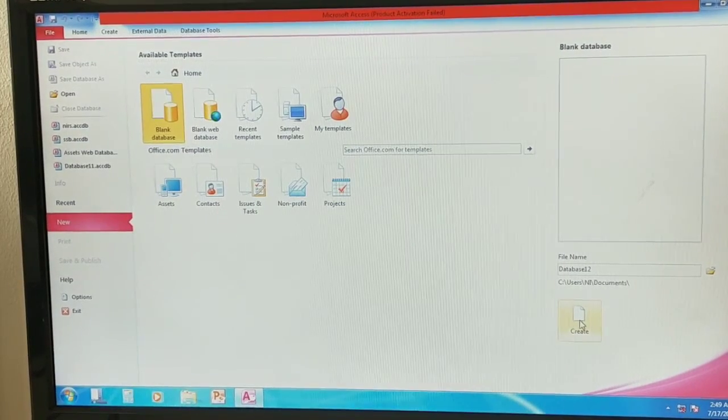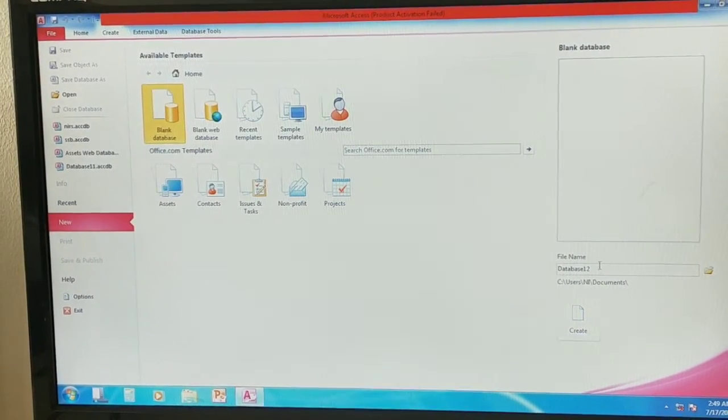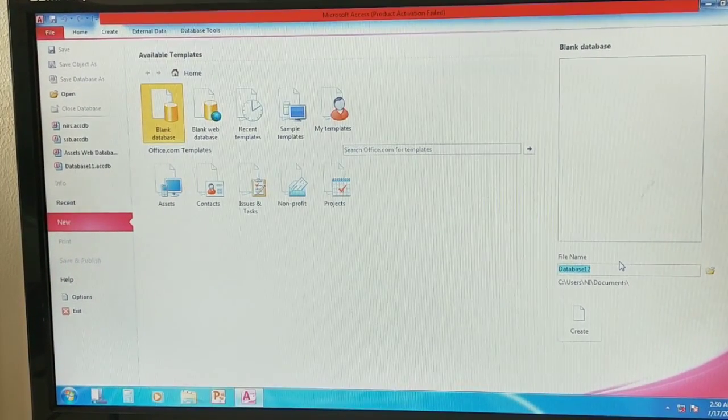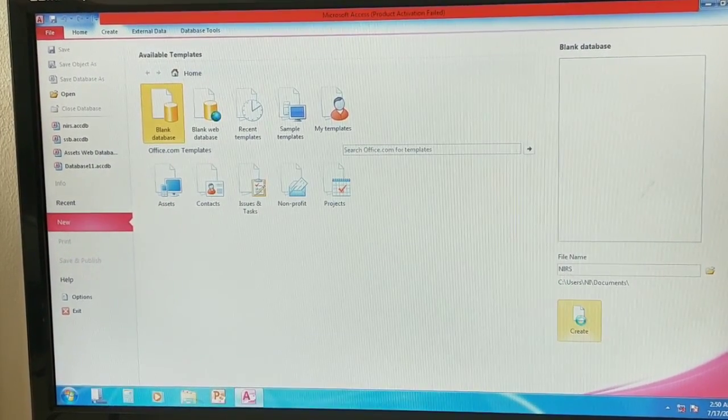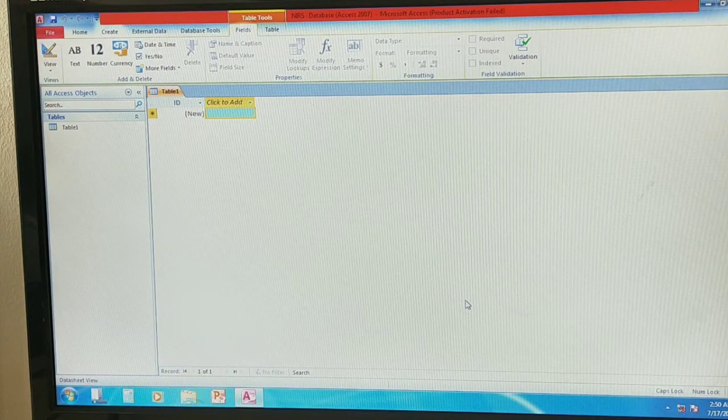Before clicking Create, I will change the file name, which is nothing but the database name. My database name I will put as NIRS. Then click on Create. So your NIRS database is created.